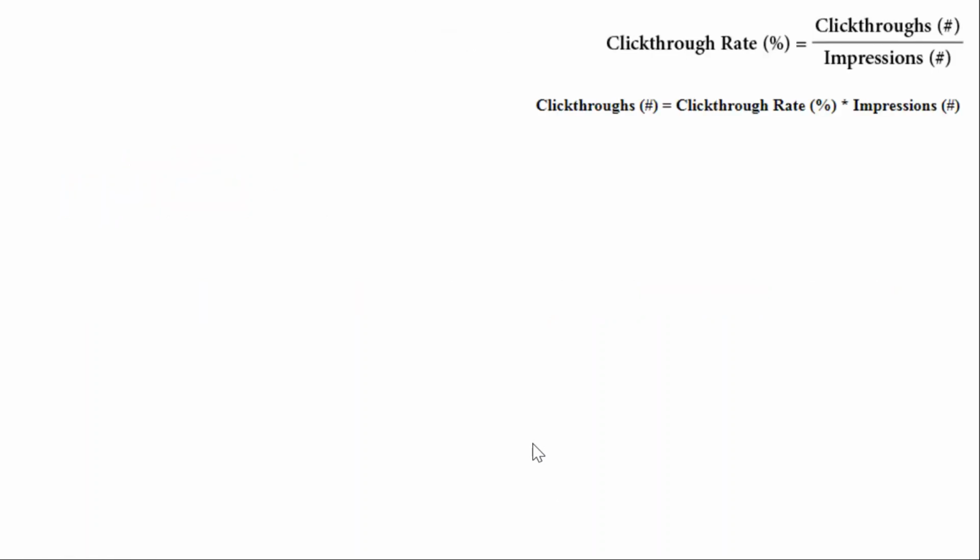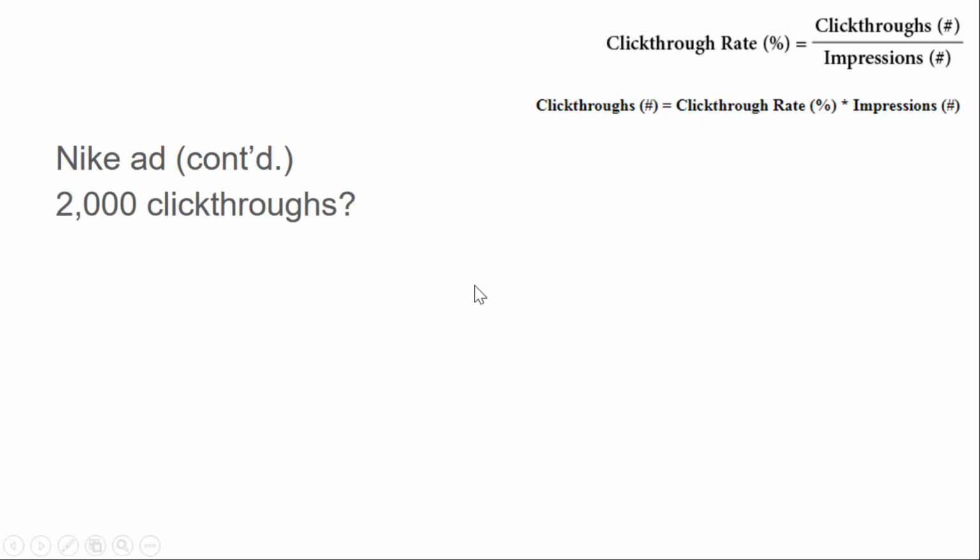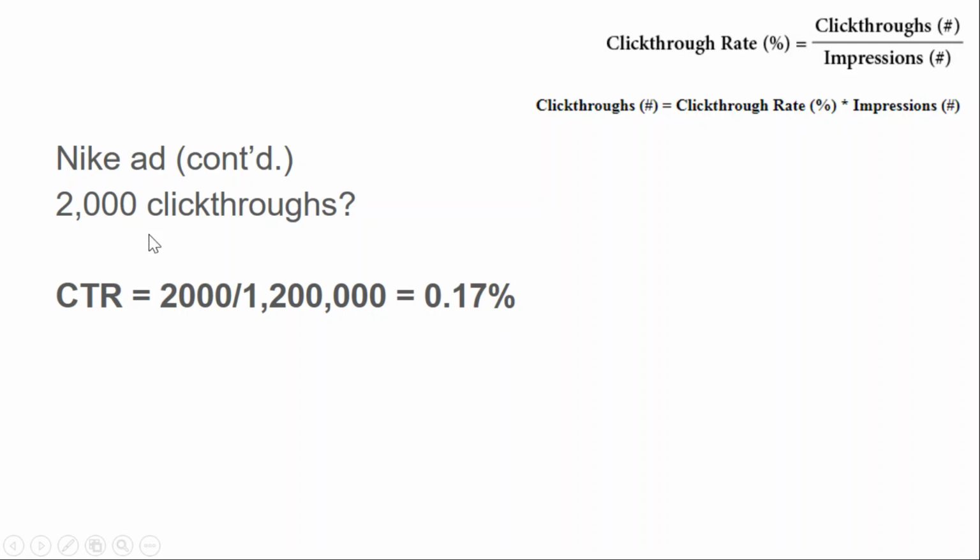Clicks and click-through rate. We want to know what percentage of people click on an ad. Similar to rich media, but we can also be talking about very basic Google Ads. Again, you learned this in the Google Analytics exercise. Same with our Nike ad. They had 2,000 click-throughs. Remember we had 1.2 million impressions, so our click-through rate is 2,000 divided by 1.2 million,